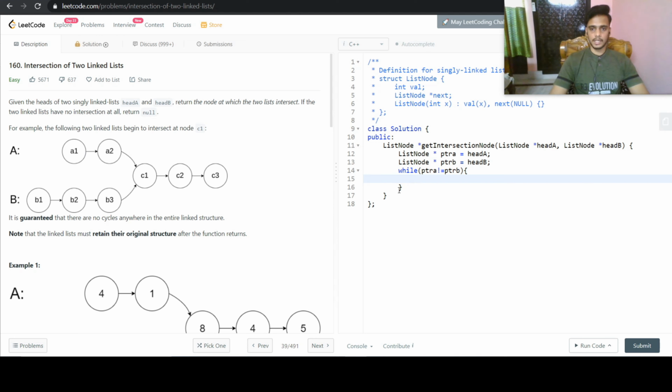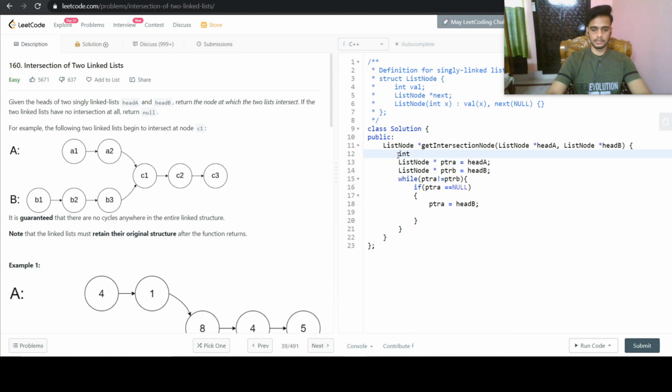So in that we will have two cases. If ptrA becomes null, then we will assign ptrA equal to headB. So once ptrA becomes null, we will assign ptrA to headB, and we need a null counter also.